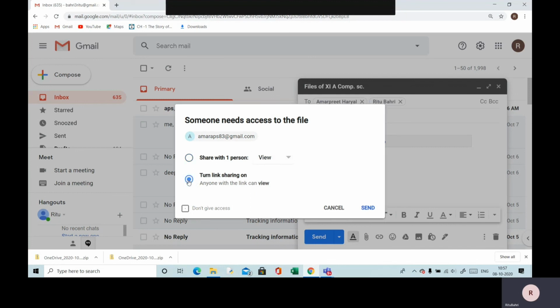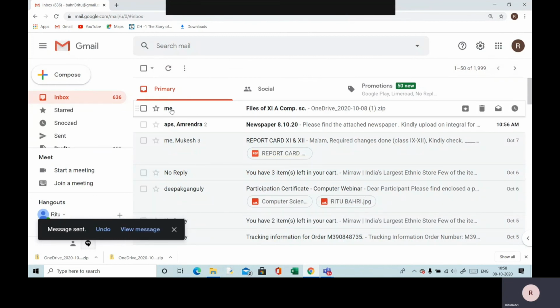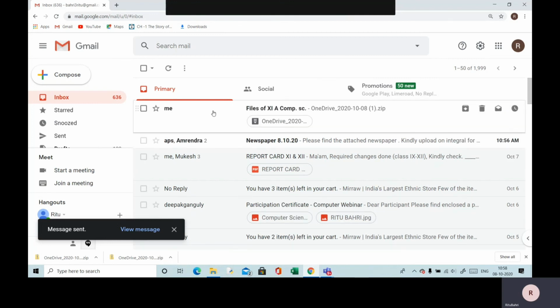So you can just turn on link sharing so that the other person can download from their end also. So click on send. You can see this is my received email. Just now I sent it to myself also as a copy in addition to the class teacher. So that's how we can send the email as a subject teacher to the class teacher.